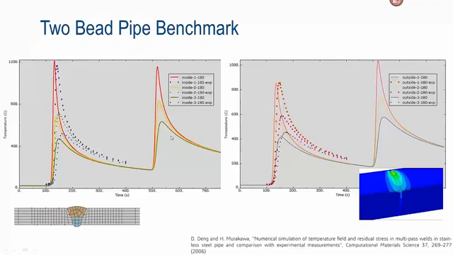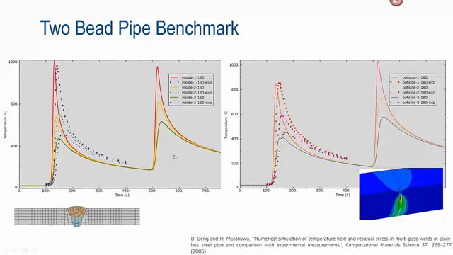Next, we've done a couple of traditional benchmark problems. What you see here on the screen is a 2-bead pipe benchmark, and there's a reference appearing here. In fact, this is the same problem that you would see in one of the published tech briefs based on the old AWI, where we had the prescribed temperature approach to model the torch. So it's the exact same problem, except here we have solved it using the new approach, and the charts basically